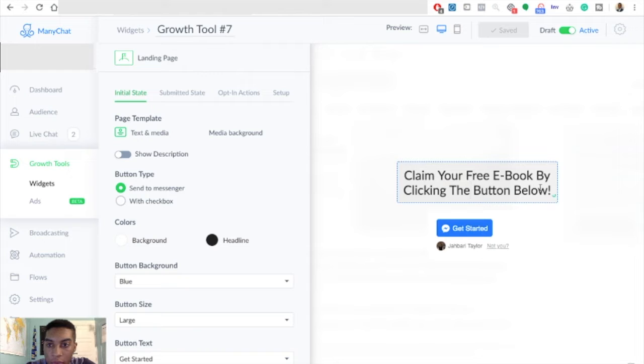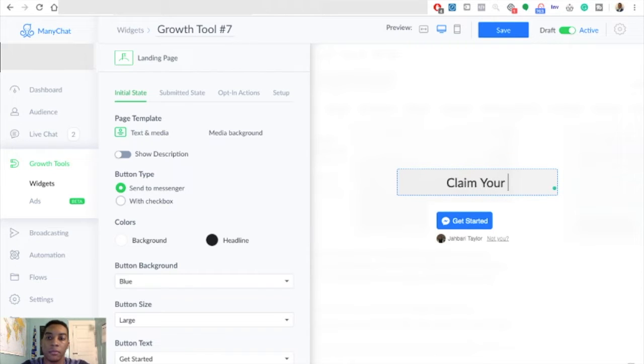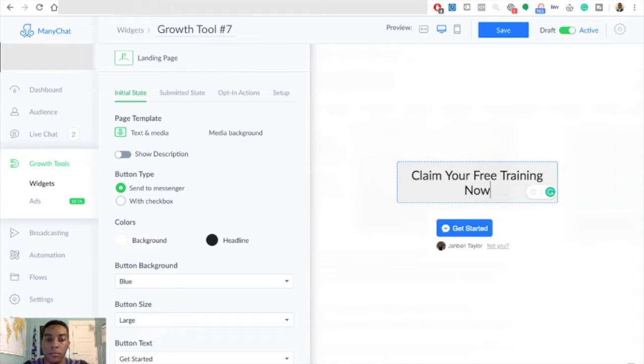So what I had for one of my chatbots was "claim a free training." We're going to change this text to, we're just going to keep it, "claim your free training now." Right? So when creating a chatbot, what we're doing right now is we're just creating the landing page. So once they've actually gone to this page and click get started, they can actually